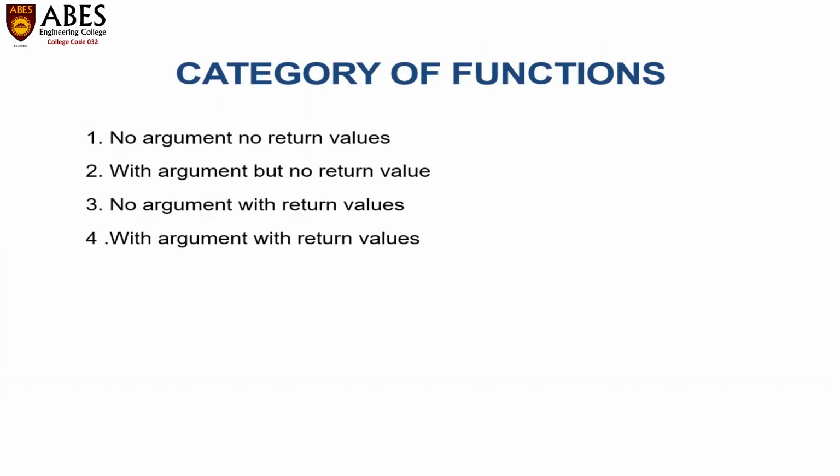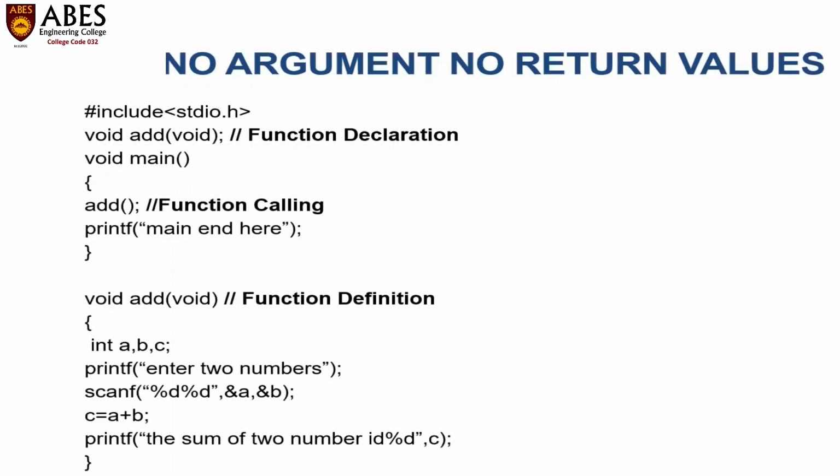One is no argument and no return value. These categories are based upon the argument and the return value: no argument and no return value, with argument but no return value, no argument with return value, and with argument with return value. One by one, I will discuss today. The first category is no argument